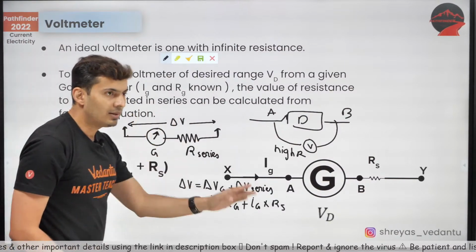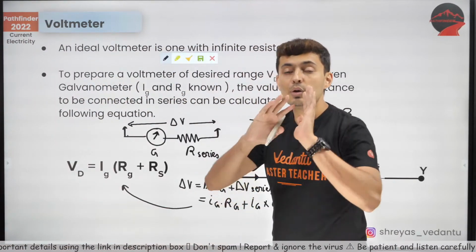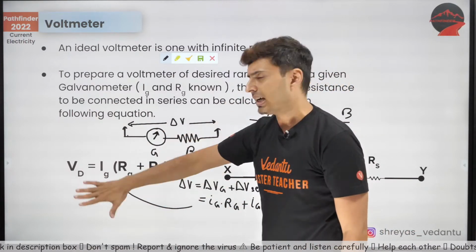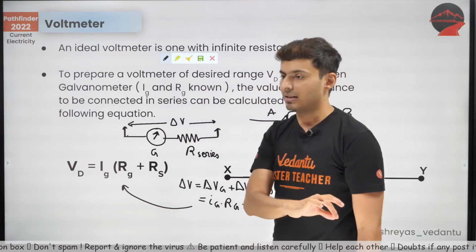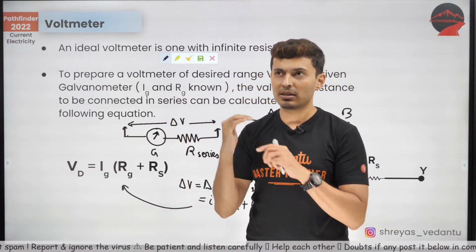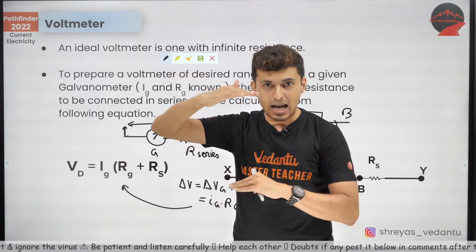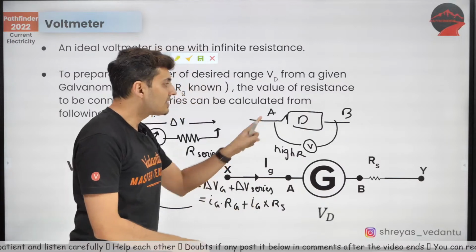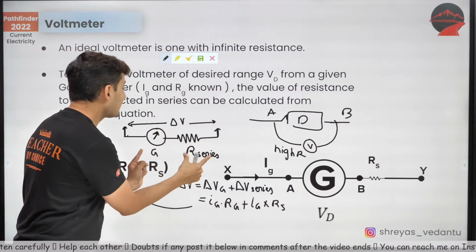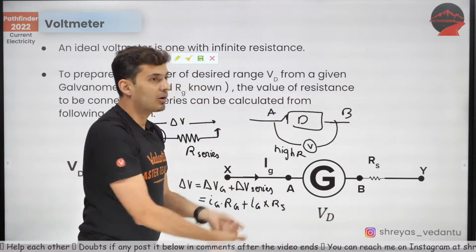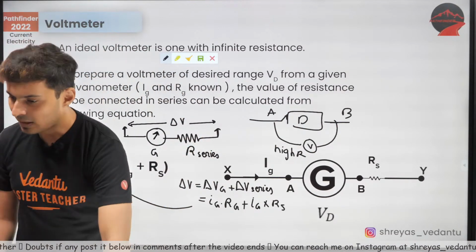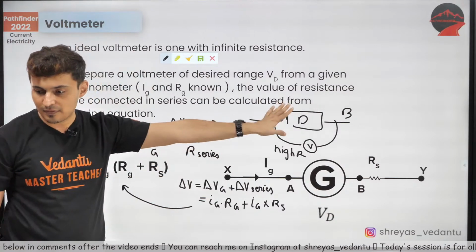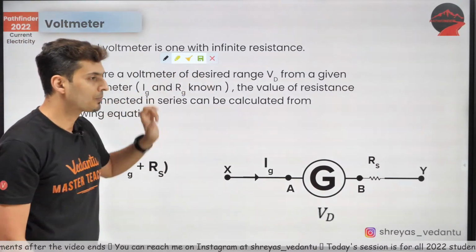So my point is, whenever you see a voltmeter and ammeter problem, do not memorize this formula and try to recollect it. Solve it like a series parallel problem. That's it. You should know what an ammeter is. Ammeter is galvanometer plus resistor in parallel, but they are connected in series to the circuit. Voltmeter is nothing but galvanometer plus series resistor connected in parallel across the device. That's it. I hope this is clear. Yep, that's all. Correct time now. That's a perfect summary of whatever we have studied till now.